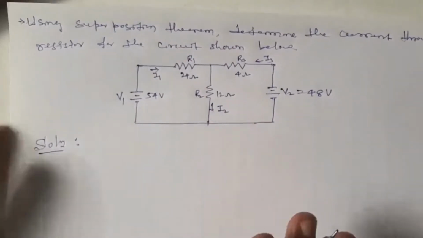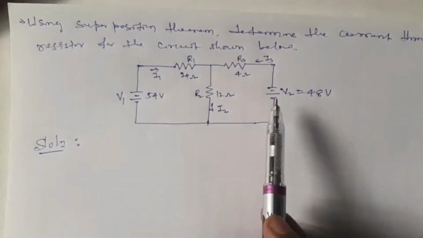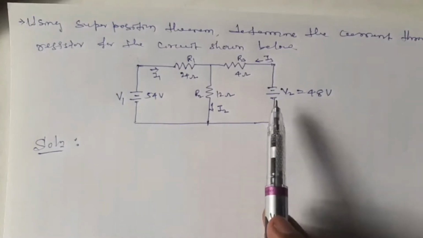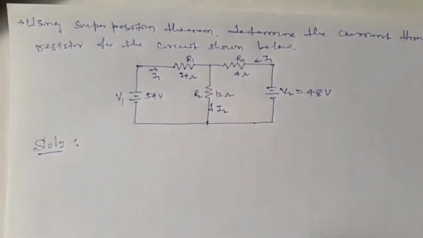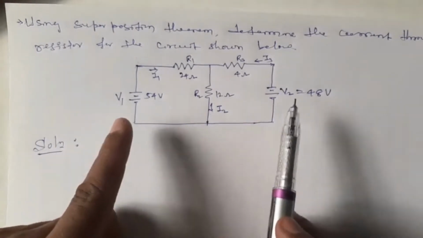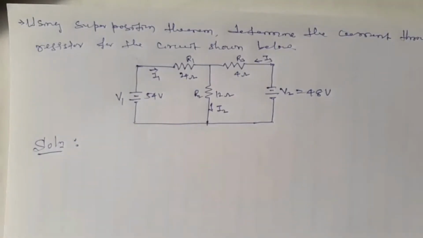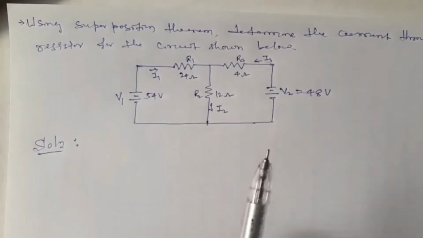As per the superposition theorem, the first thing to remember is that the combined effect can be calculated by considering individual effects. To calculate an individual effect, we should consider an individual source. So when only one source is present, all remaining sources must be made zero. Here, for simplicity, we are considering only two sources, dear students, but there can be any number of sources. When you want to study the effect of one source, all remaining sources must be made zero.